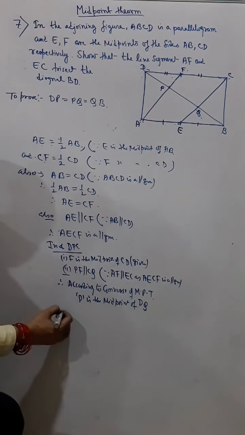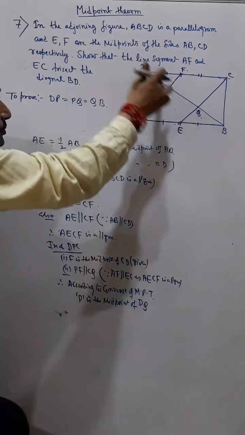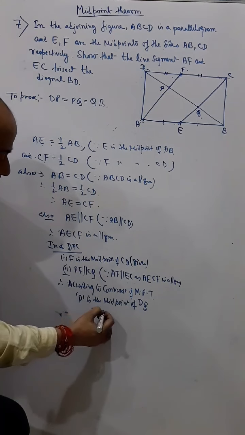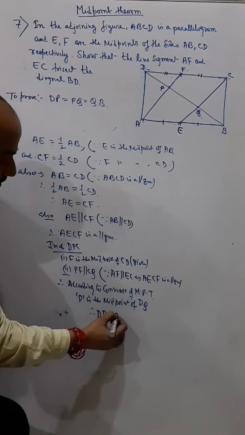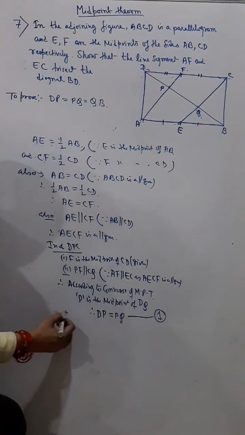Now if P is the midpoint of DQ, from here we can say DP equals PQ, and therefore DP is equal to PQ. So now let it be number 1. Now again,